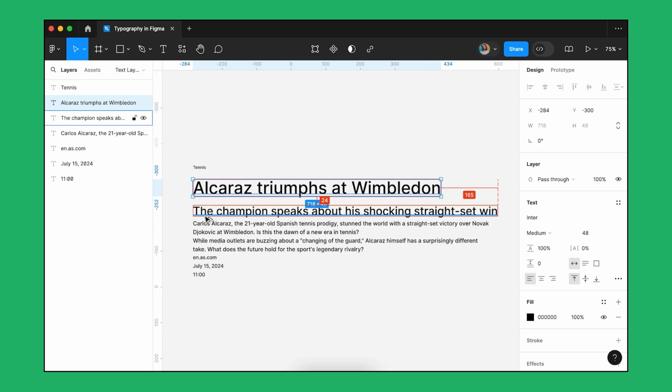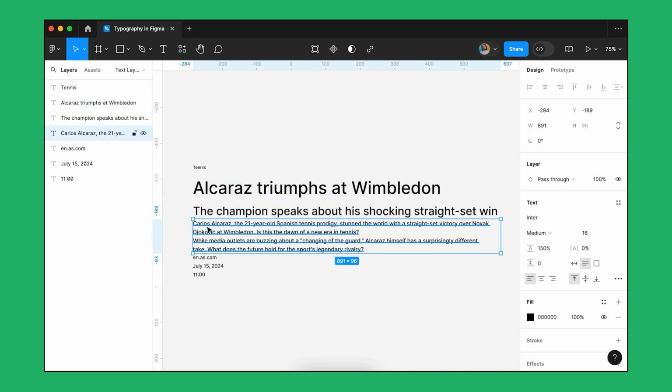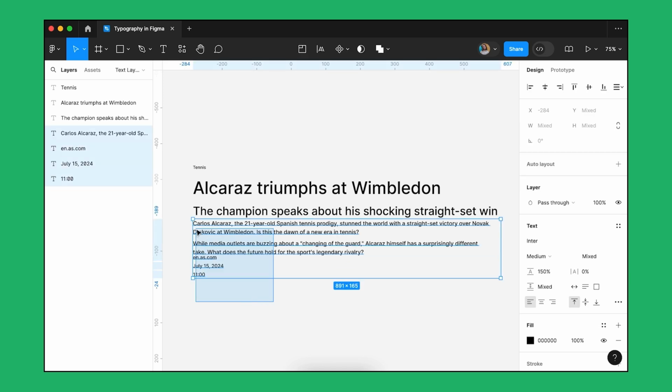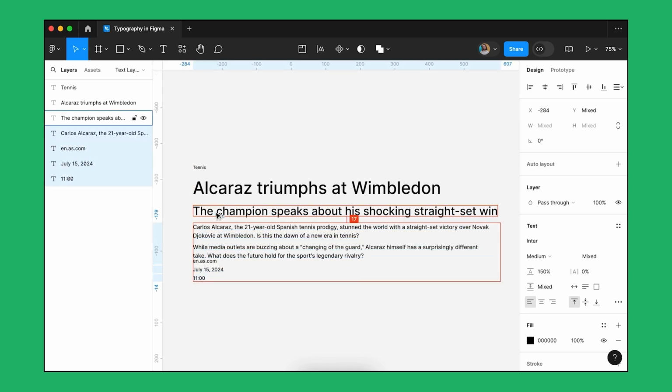The body text contains 2 paragraphs. Here, I will also apply the rule of the inner and the outer to separate the paragraphs into separate groups. To do this, I will adjust the paragraph spacing, which will be smaller than the font size, 8 pixels. It is not recommended to adjust the paragraph spacing to be equal to or greater than the font size without a specific reason. The distance from the subheading to the body text will be set to 16 pixels to group